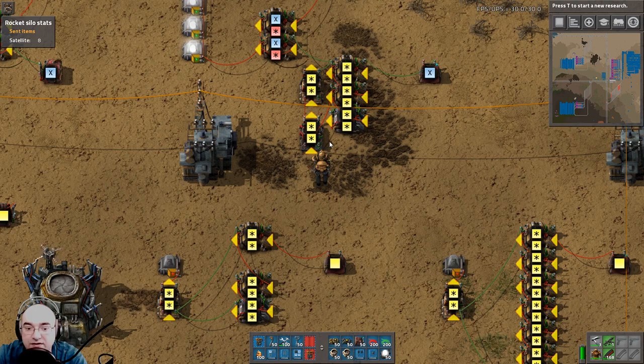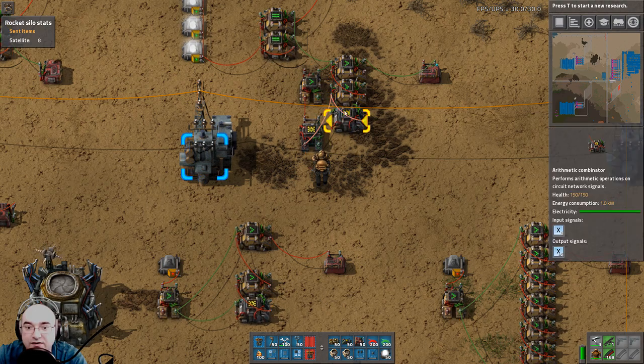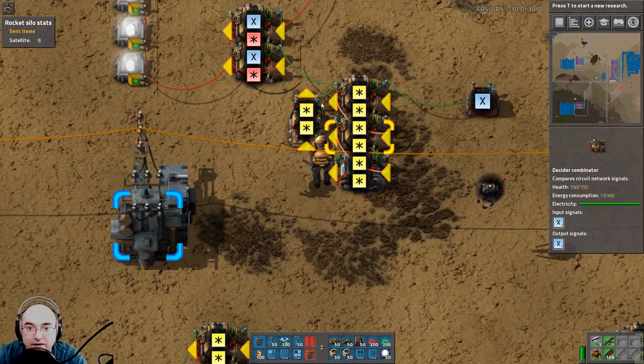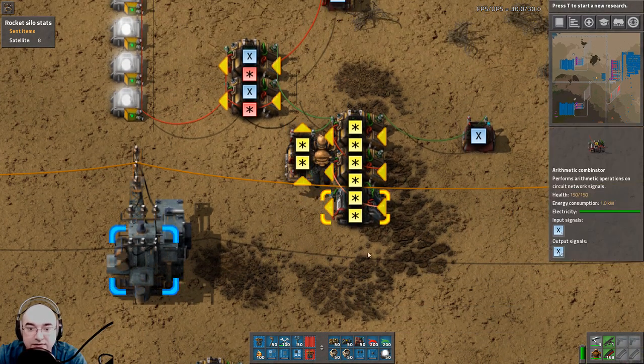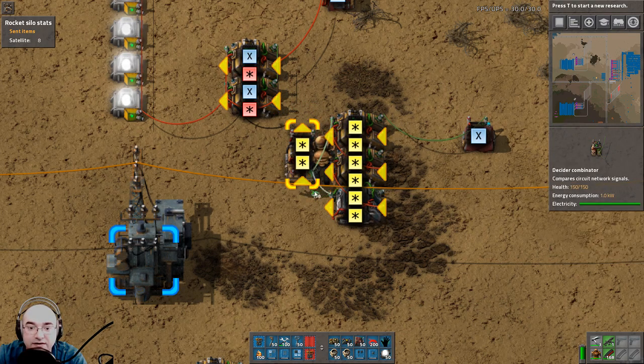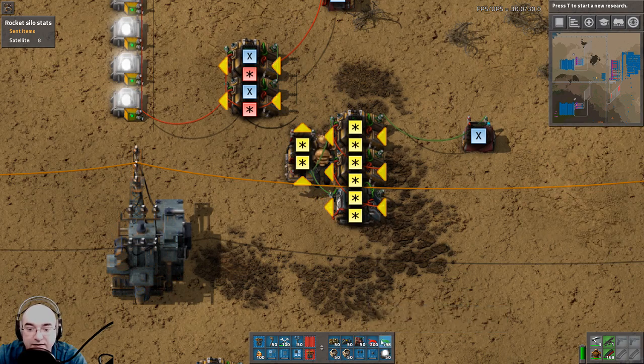Maybe I used the wrong... oh, why do I have two arithmetics here? I think I made something wrong here. Anyway, okay, oh yeah, I know, I can see already. I've connected that here. I should have connected this here and here, and then this gives the signal. Okay,